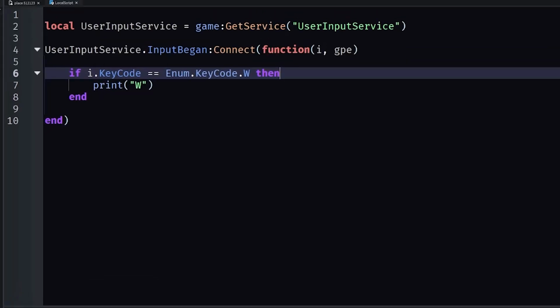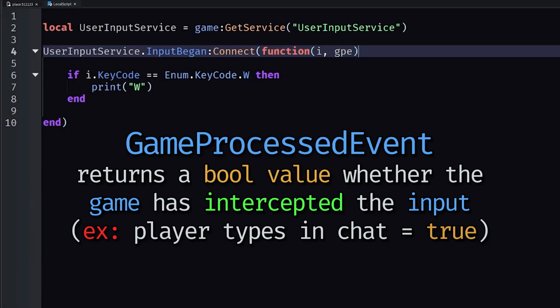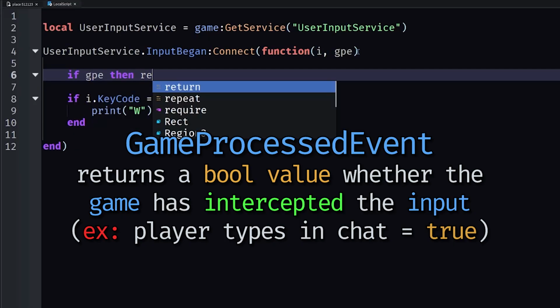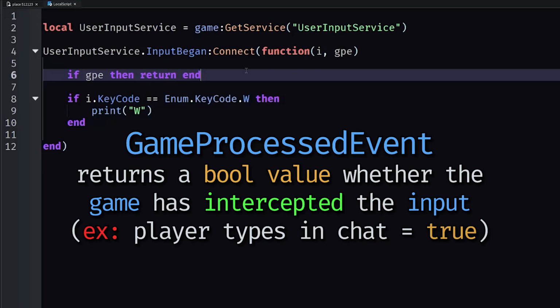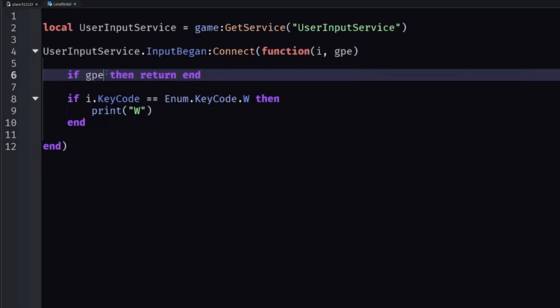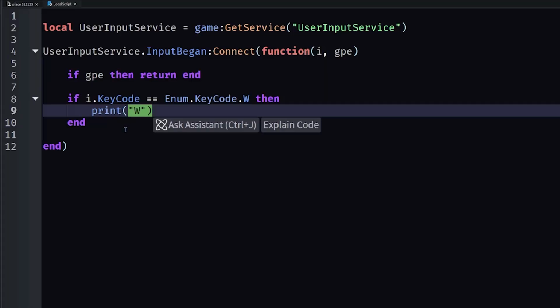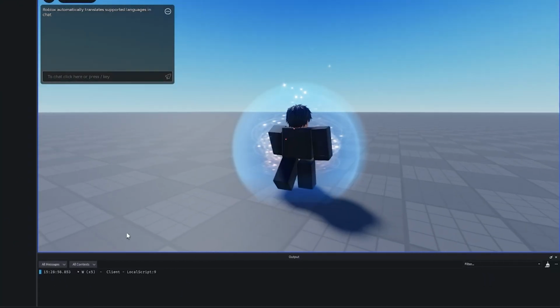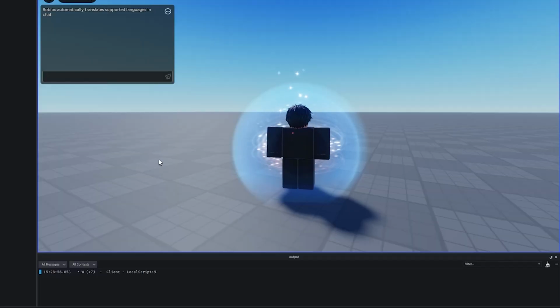So this is what GameProcessEvent is used for. We could check if GameProcessEvent, then we're going to return end, stopping the function. So basically, if we're chatting, we're no longer going to be able to print out W in the output. So we tested the game. As you can see, W still works. But now if we're chatting and we try to type out wow, it's no longer going to print out W